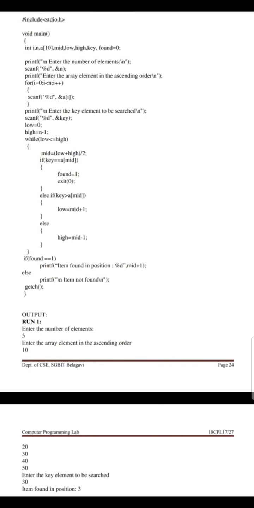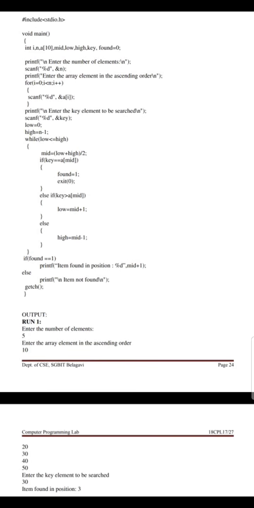So we are checking if key equals A of mid, where mid is 5. So 23, is it equal to 23? Yes, in the fifth position of the array the element 23 is there. You can observe it in the last row.